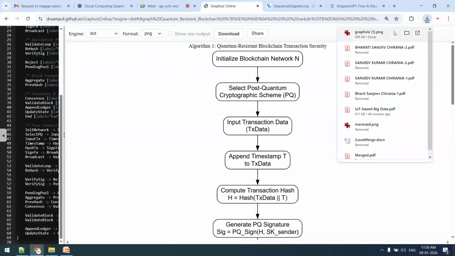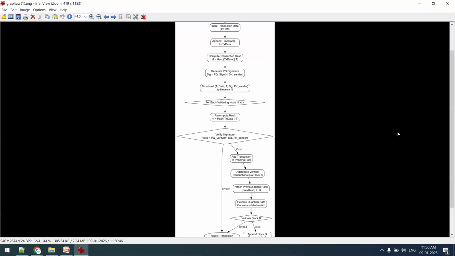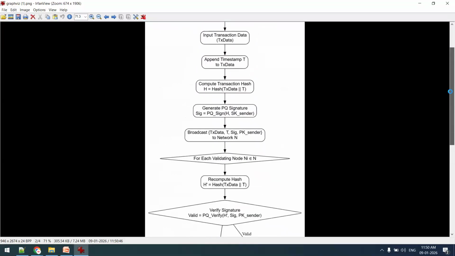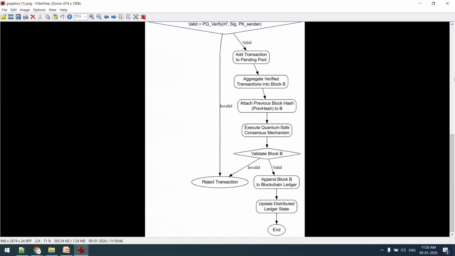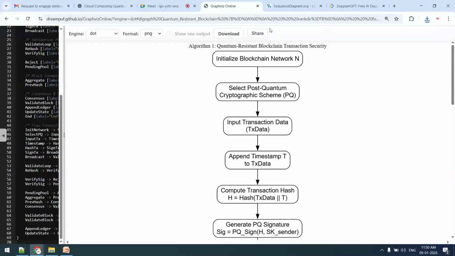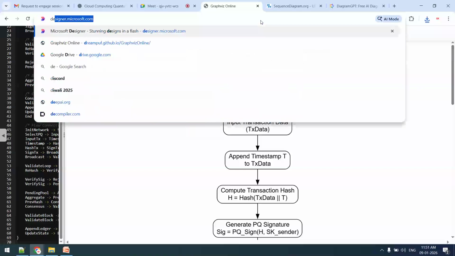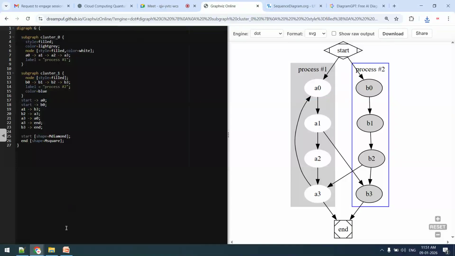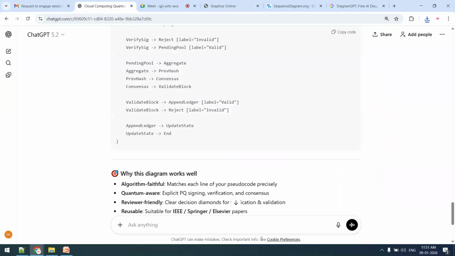So corresponding to my algorithm, this flow diagram is available. Now I will be able to paste and insert it in my paper. And the major thing is, it is plagiarism free. Now this same diagram I want to convert in sequence